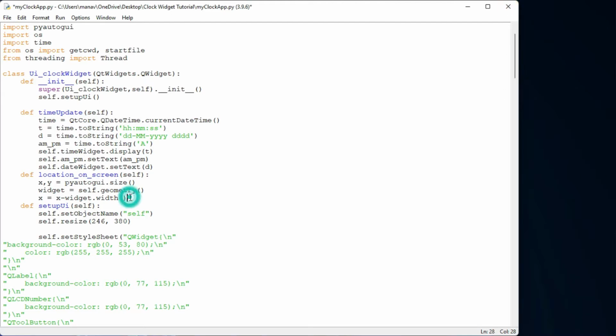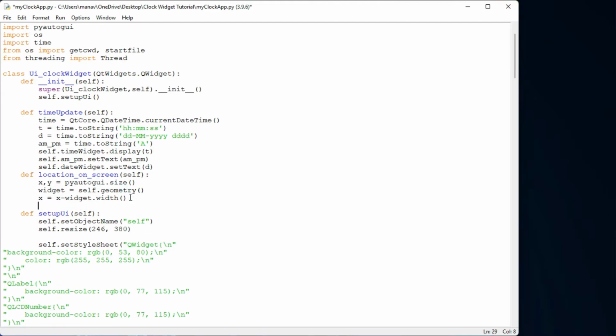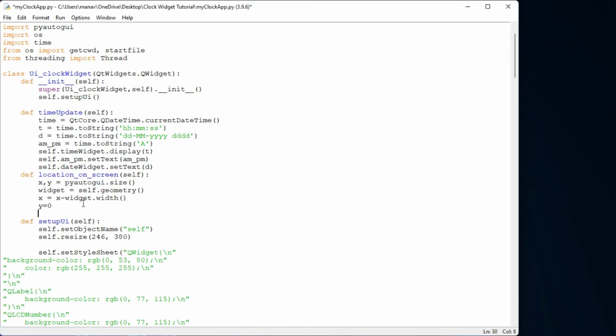So I am doing this, so I am getting the x, and y will be 0 because I want it at the top. At the top y will be 0, so I want y equal to 0. Now let me move the application to this x value and this y value.